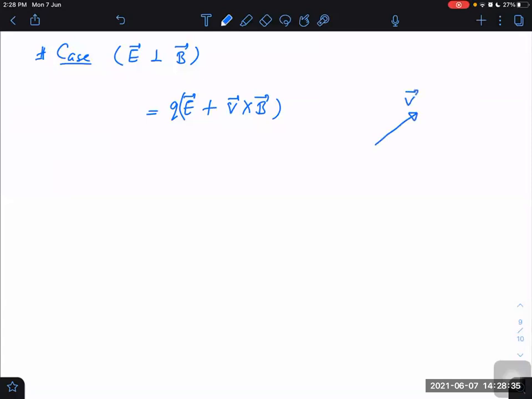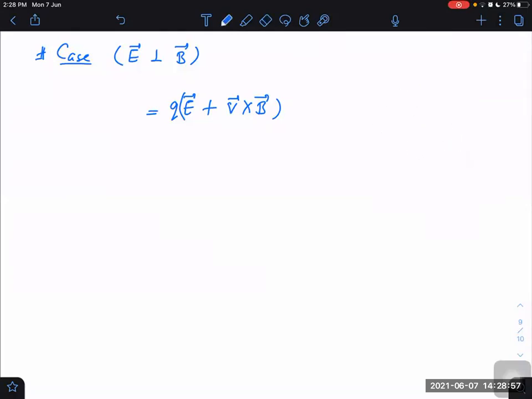Those three are mutually perpendicular, sir. E bar, B bar, F bar. That is possible, yes, right? That is possible. But I am saying that if V and B are like this here, then one case is possible that B is also perpendicular, and one is when B is not perpendicular, right? All these cases are possible.